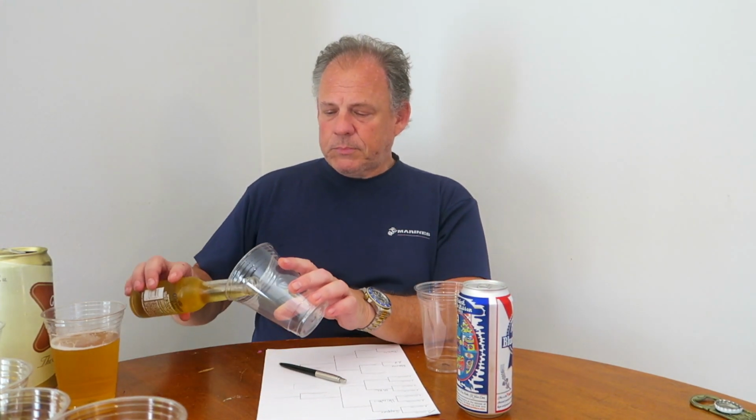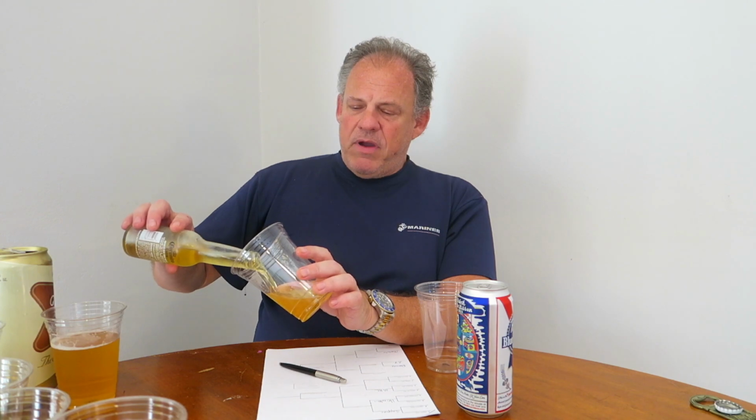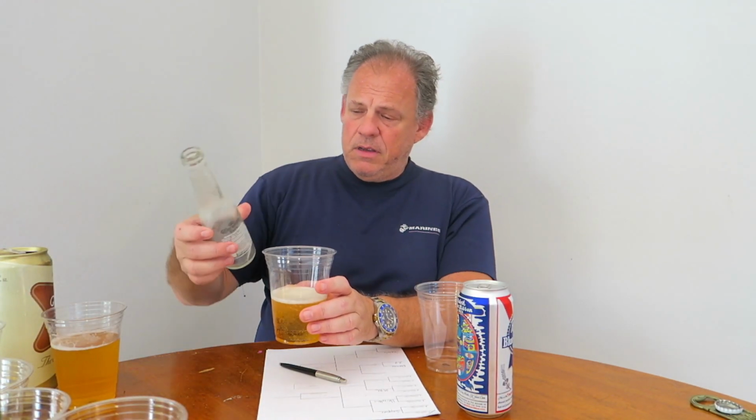They did have a big can of Corona, but I didn't want to drink a whole can of that for this because I'm going to have to drink all this beer when I finish, and that's too much. So I got these small bottles here of Corona. And now